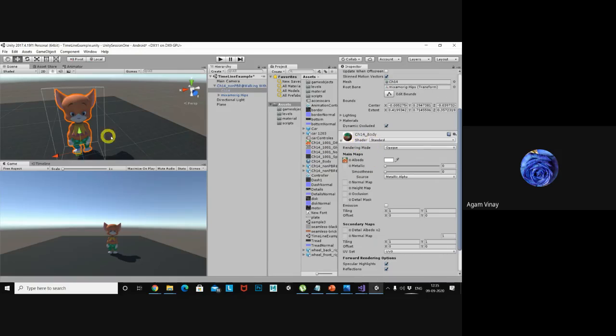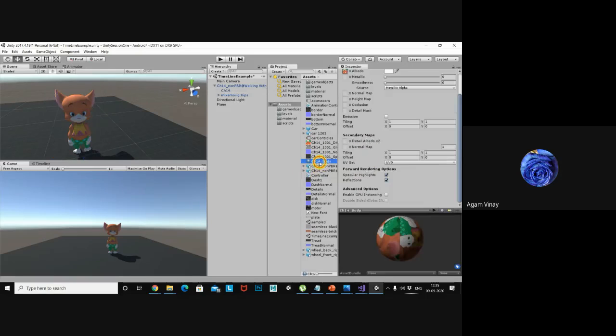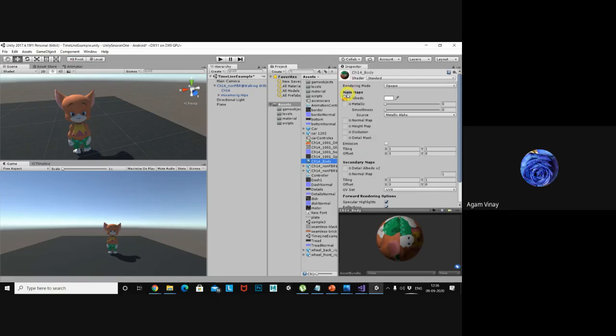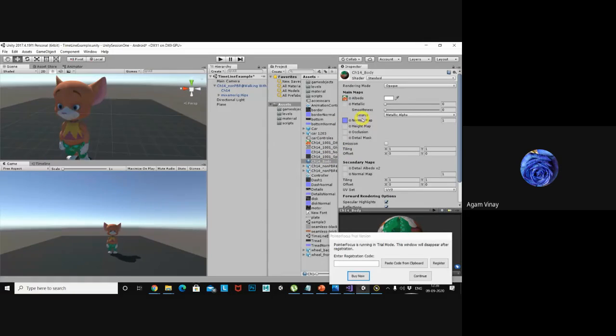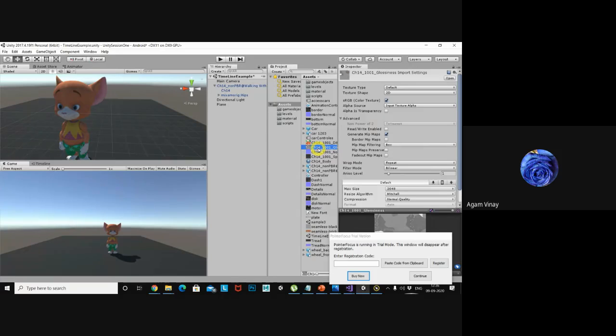Whenever you add albedo, I mean the texture, it automatically takes. Next, the normal map. Glossiness and some other stuff is there.